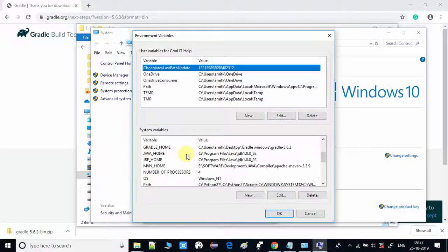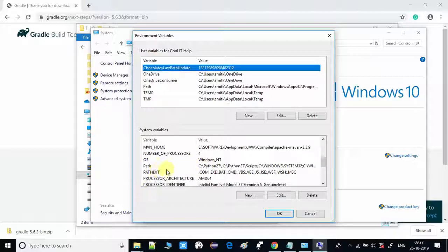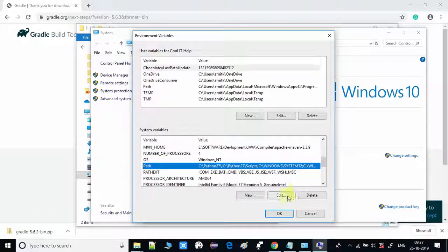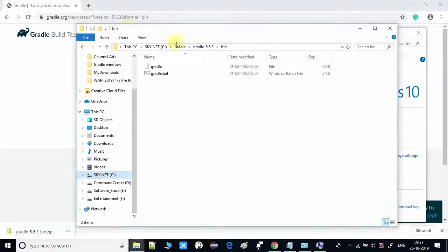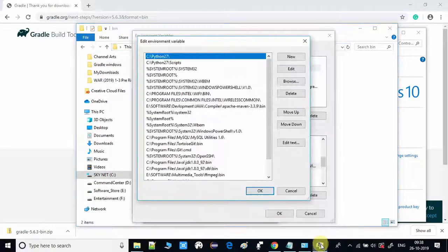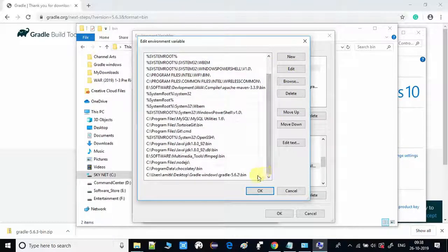Here we have user variables and system variables. So come inside the system variables and look for the variable Path. Just select this item, click on this edit button, and all the things will open in edit mode. Go back here, just copy the path up to the bin folder. Come back here and